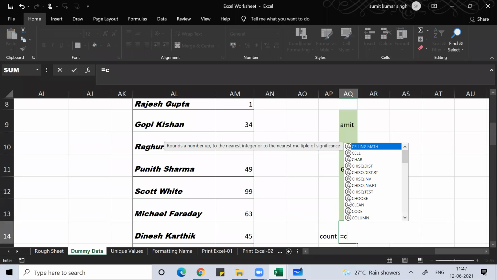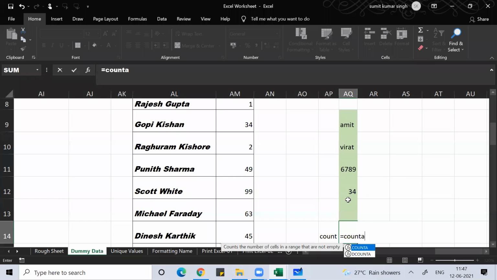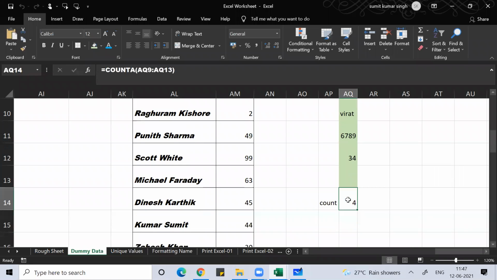If you want to count the occupied cells, then use COUNTA. COUNTA will count all the cells which are occupied. So you can see occupied cells are 4, so it will give you the value 4.